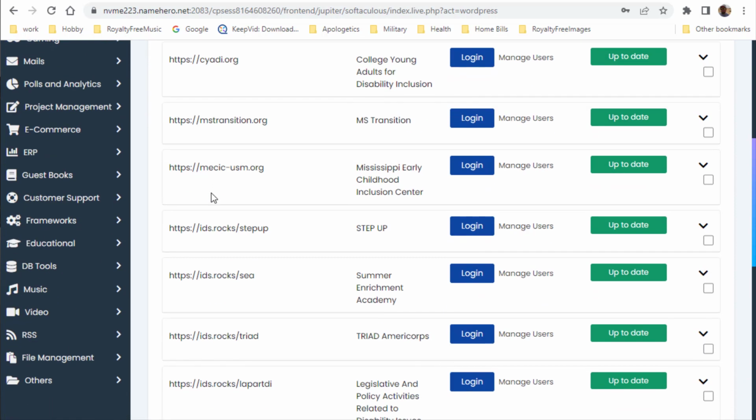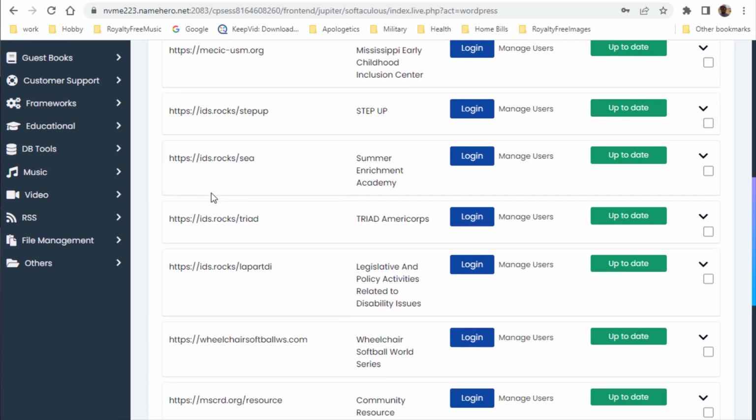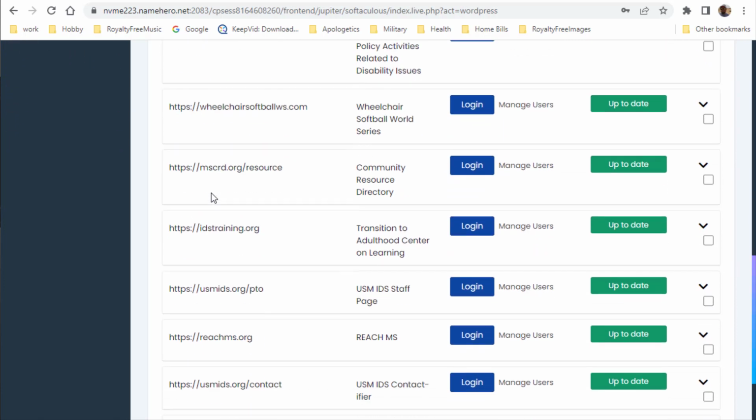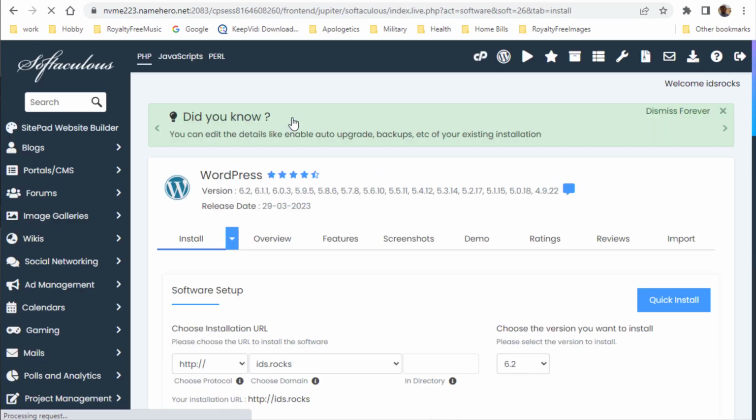As you can see here, I've got many sites loaded on to my web host here. This just manages all of those sites, and you can log in directly. You can install a new one, as we'll do here,